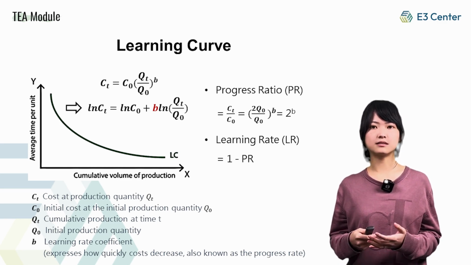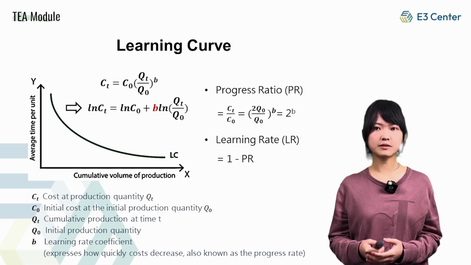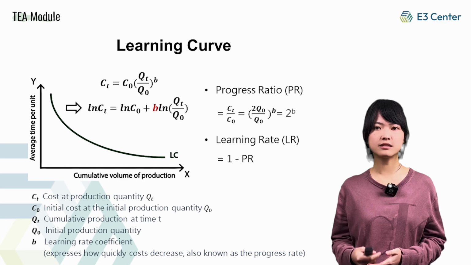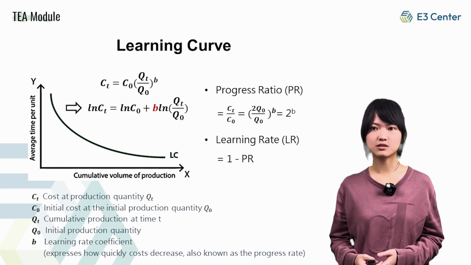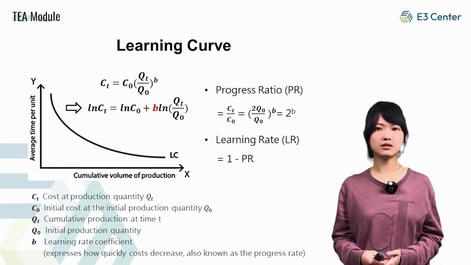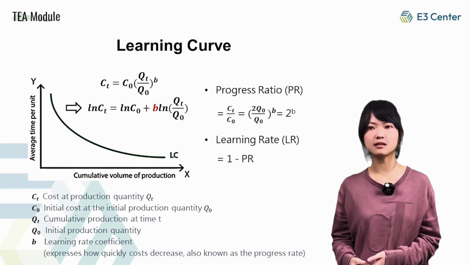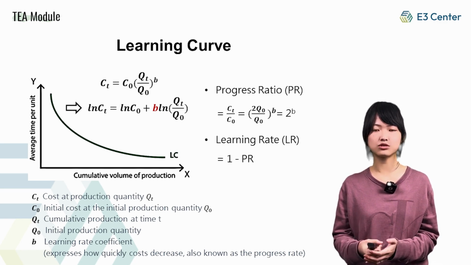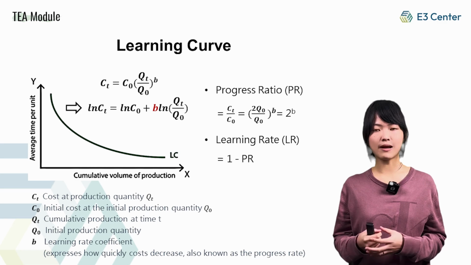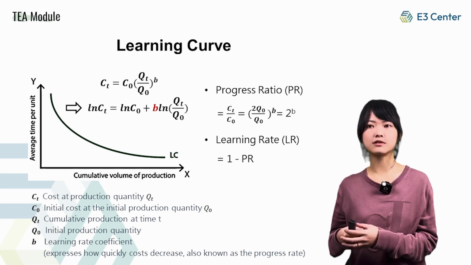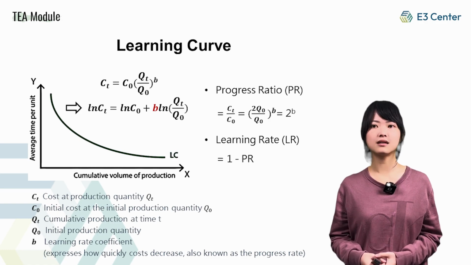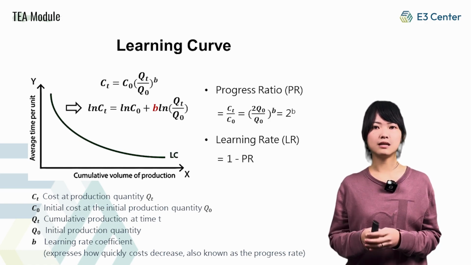The second is the learning rate, which represents the percentage reduction in cost each time the cumulative output doubles. For example, a learning rate of 20% means that the cost decreases by 20% each time production doubles. This metric is important for assessing the speed at which efficiency is gained and costs are reduced in manufacturing